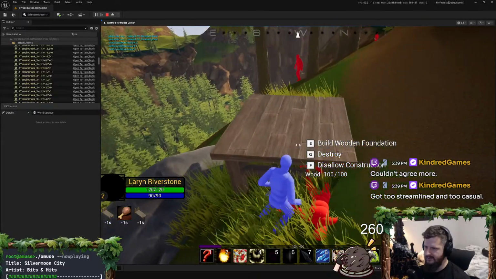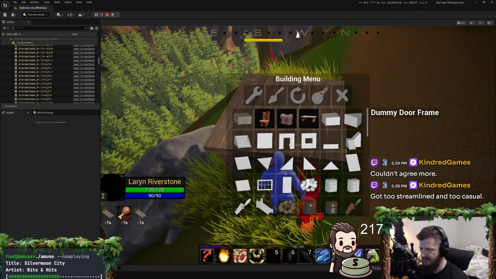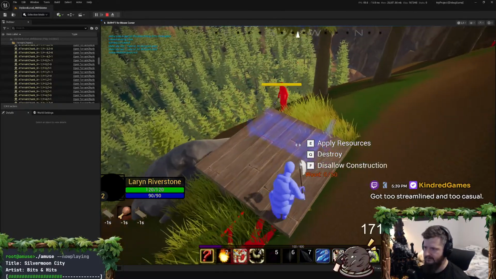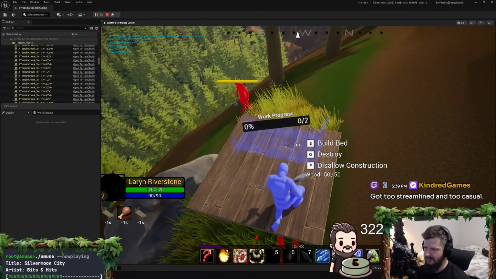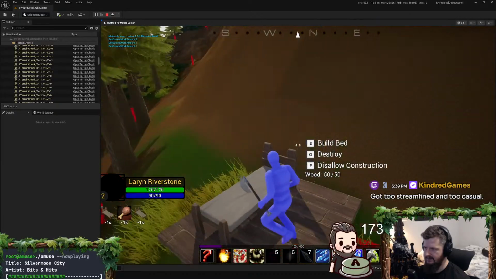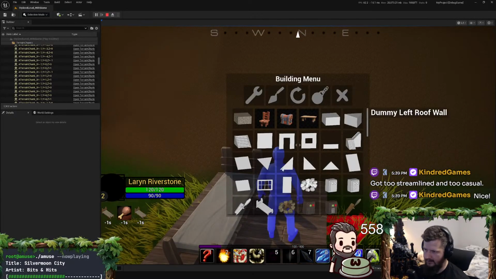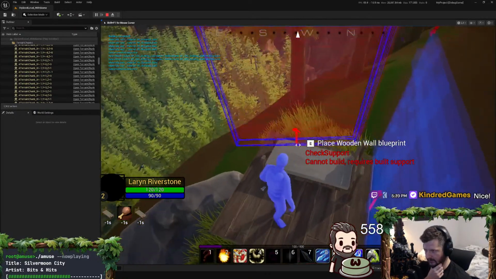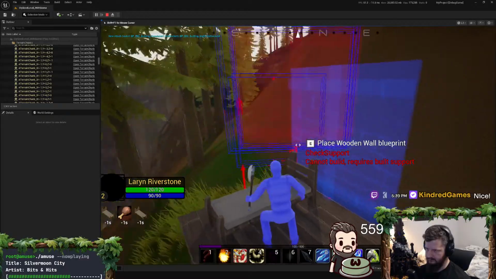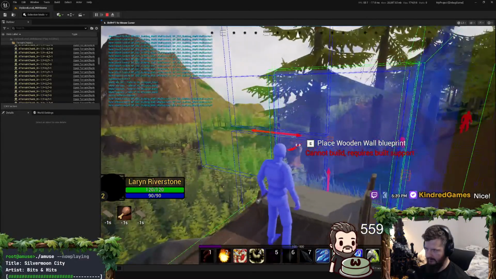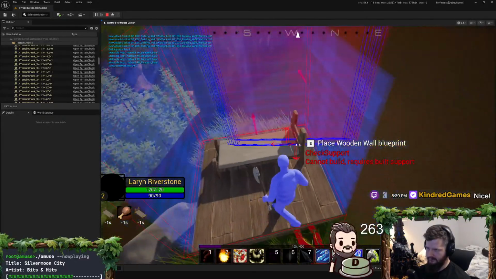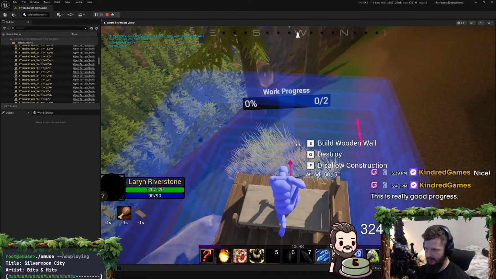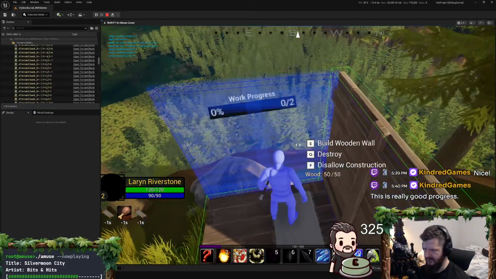A little bit of a building system, so you can build little houses and stuff. There's not any reason to at the moment, but we're going to get there soon, once we get the ECS system nice and running performantly, and none of our entities are going to fall through the world or anything. Then I think we're golden. Golden as in ready to move on to doing more of the Colony Sim side of things.